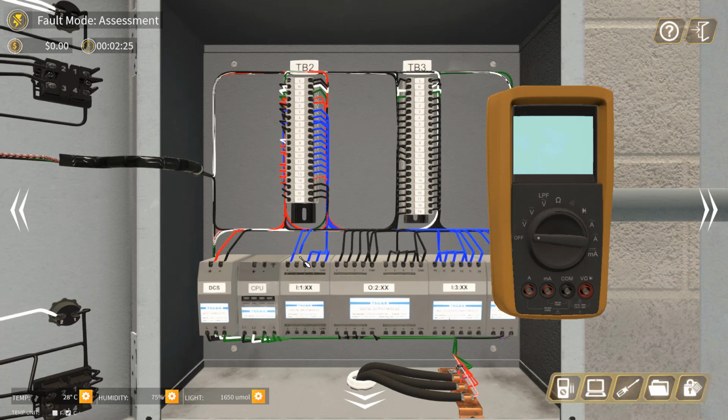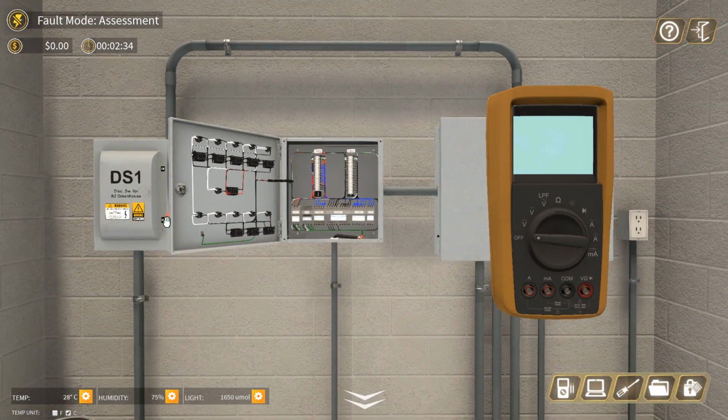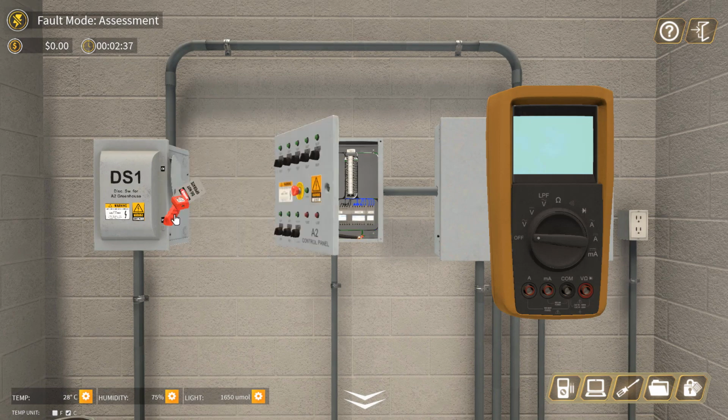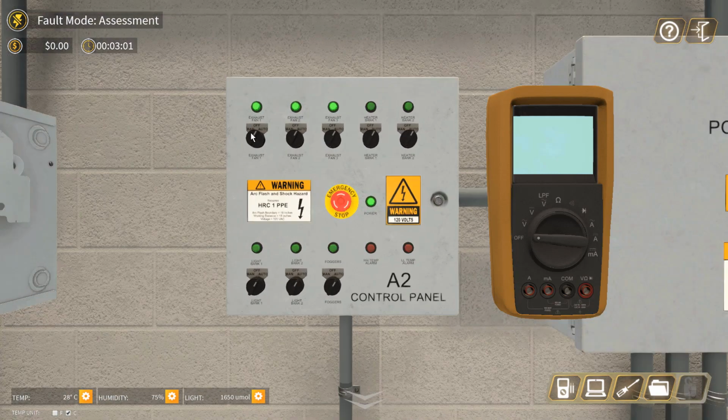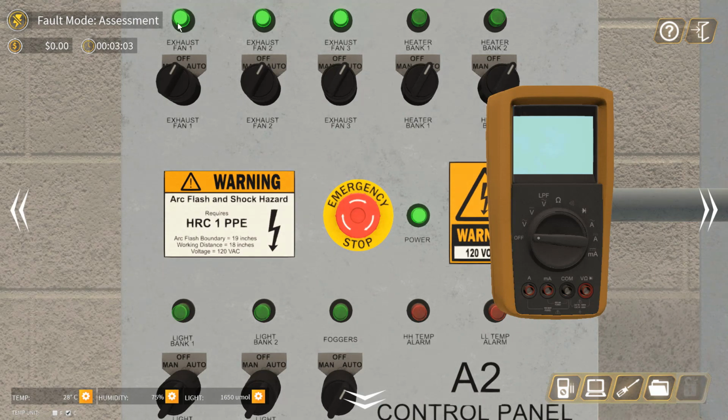Then tighten it. Okay, after tightening, we turn on the power supply. Remove the lockout. Okay, and then turn on the power supply. Then you can see here the exhaust fan 1 lighting is turned on. So the problem